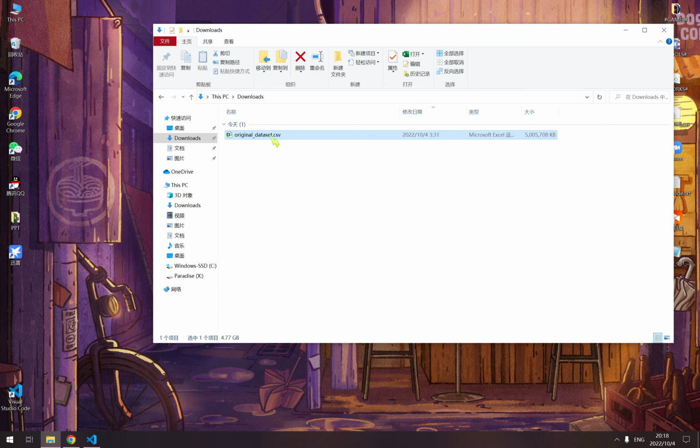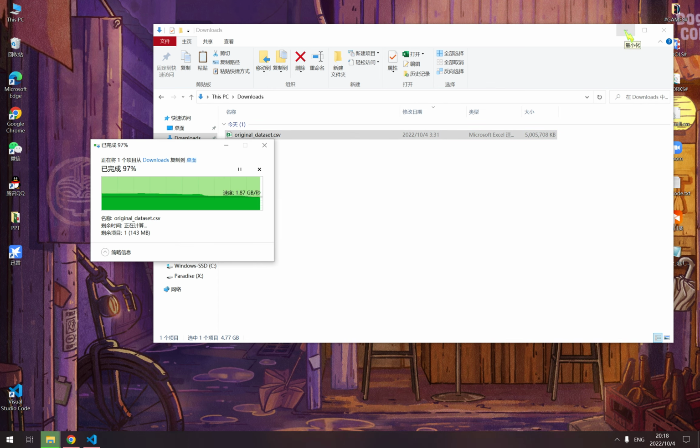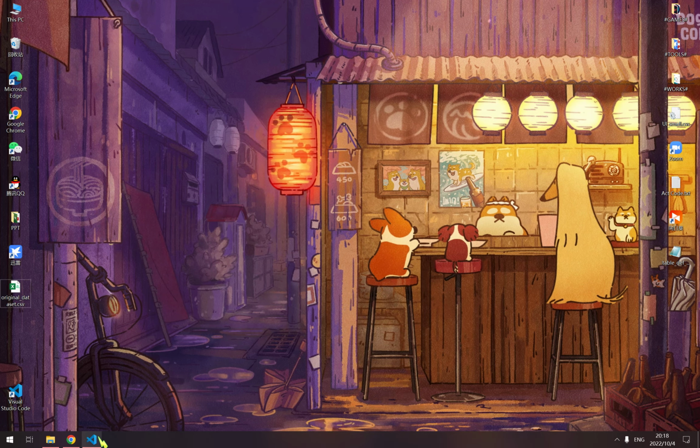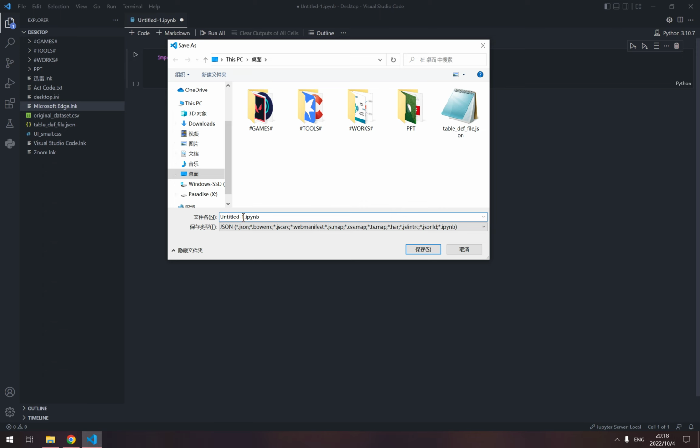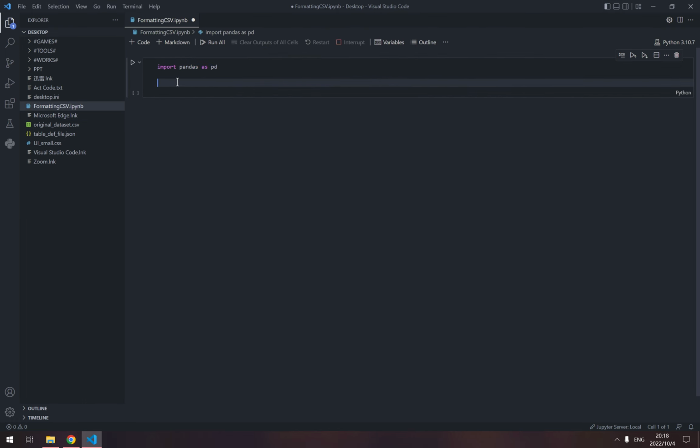Before that, let me close this, and I'm going to copy the original file to my desktop. And after that, I'm going to save this, say, formatting CSV. I'm going to save it to the desktop, under the same path. So save, and what we're going to do is create a data frame,